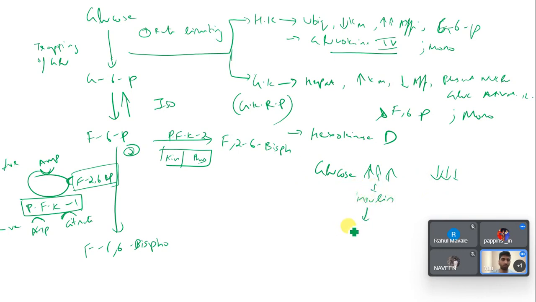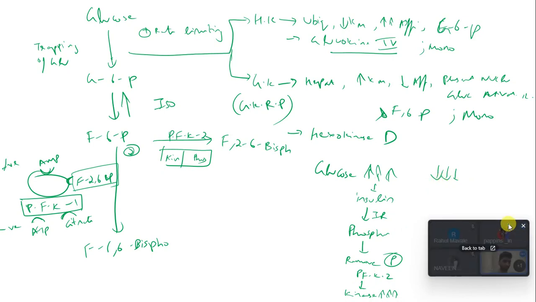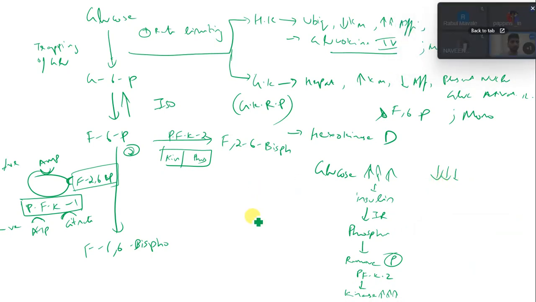Insulin, after binding to the insulin receptor, will activate a phosphatase, and this phosphatase will remove the phosphate from PFK2, and the kinase activity will proceed further. Kinase activity will be high. While when glucose is low,